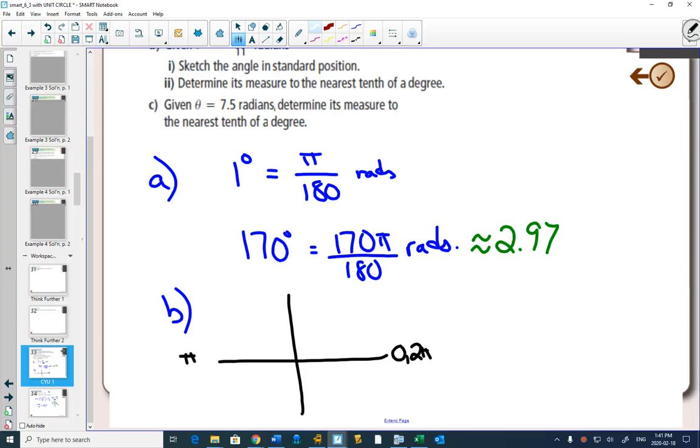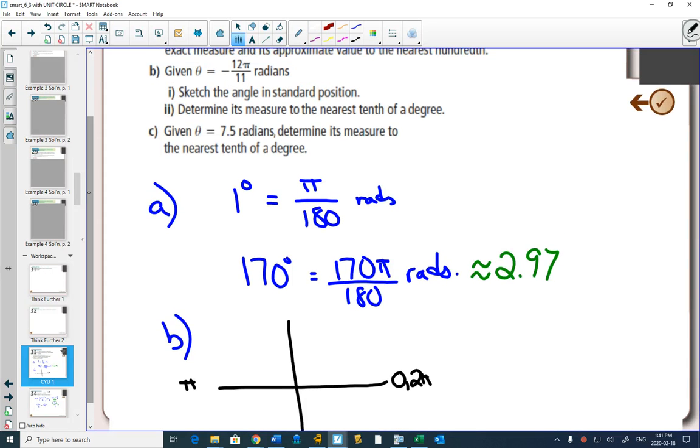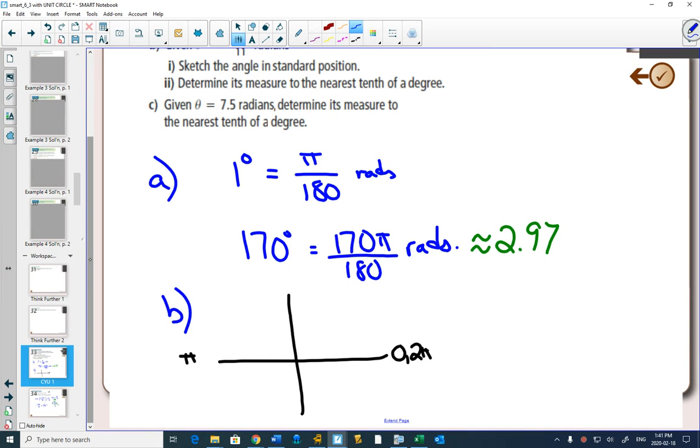The angle that we're trying to sketch is negative 12 over 11 times pi. Can you see that 12 over 11 is a little bit more than 1? We have a little bit more than 1 of pi. Starting from here, can you see that this would be negative pi? And we need to go a little bit more than that. So I'm going to start by drawing it like that. How much more? Well,